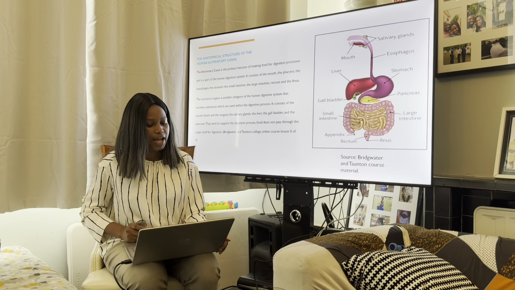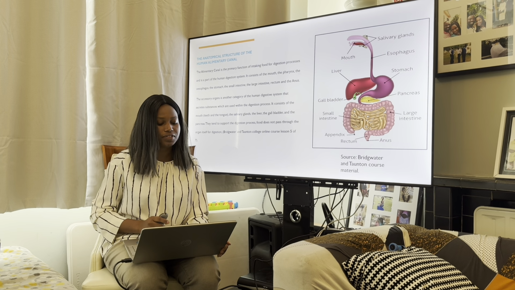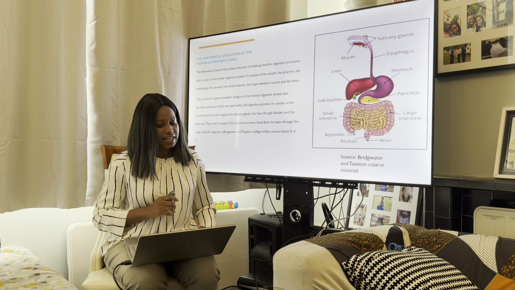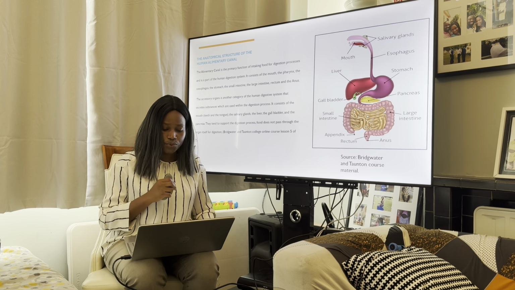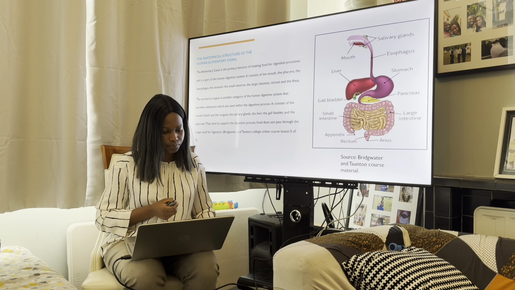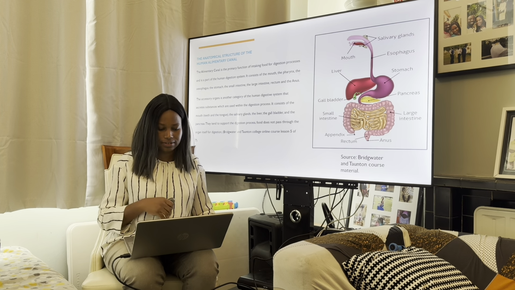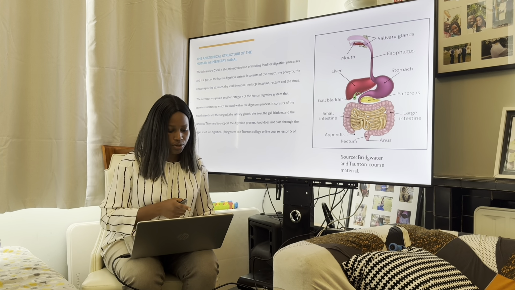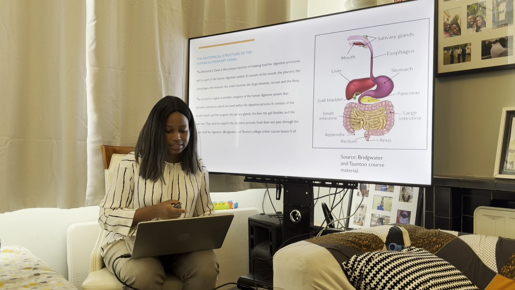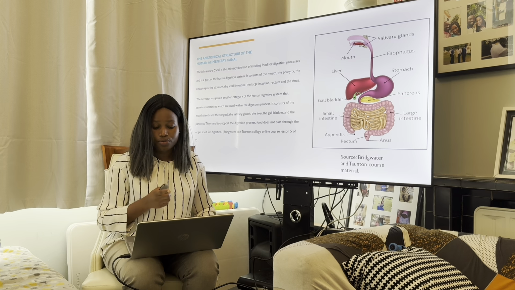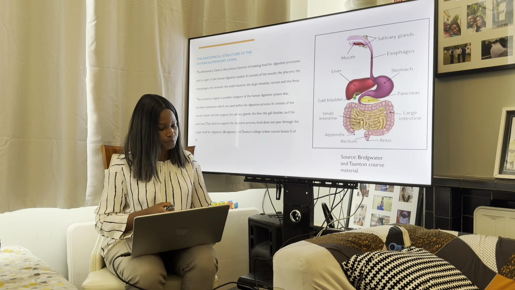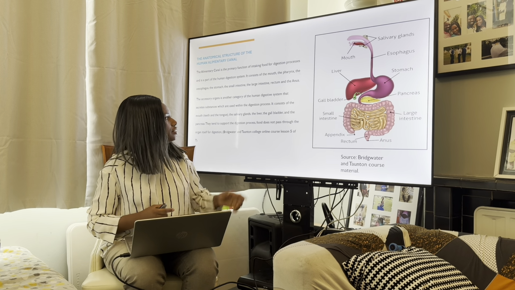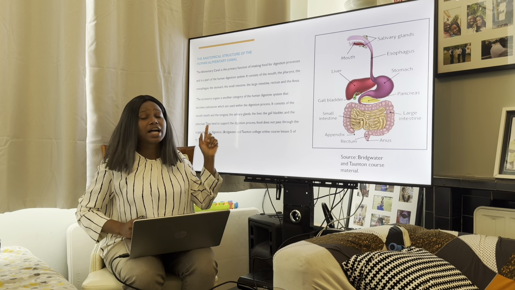So, the anatomical structure of the human alimentary canal. The alimentary canal's primary function is intaking food for the digestion process, and it is a part of the human digestive system. It consists of the mouth, the pharynx, the esophagus, the stomach, the small intestine, the large intestine, the rectum, and the anus. The accessory organ is another category of the human digestive system that secretes substances which are used within